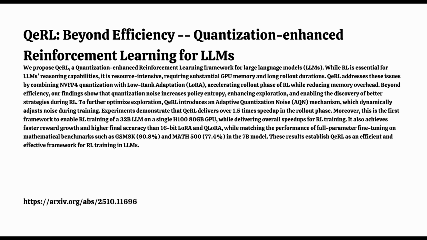Okay, let's unpack that resource challenge a bit more. When you talk about RL for these LLMs, it's not just running one model, is it? No, definitely not. Often you need several running at the same time. You've got your main policy model, maybe a reference model, sometimes others too. Right. But the real performance killer, according to this research, is what they call the rollout phase. And why is that specific part so expensive for LLM RL? Well, think about complex reasoning. It requires the model to generate really long chains of thought, long sequences of tokens, and it has to evaluate them, often repeatedly. Okay. These rollouts mean tons of forward passes through the model, trying out actions, getting rewards, and all of that needs to be fast.